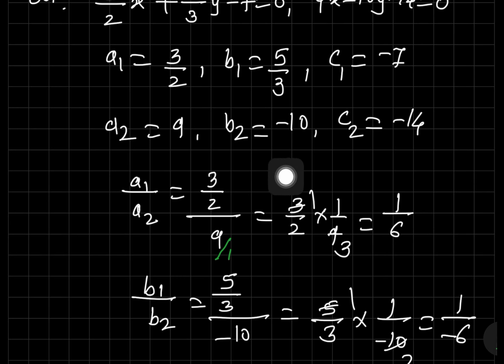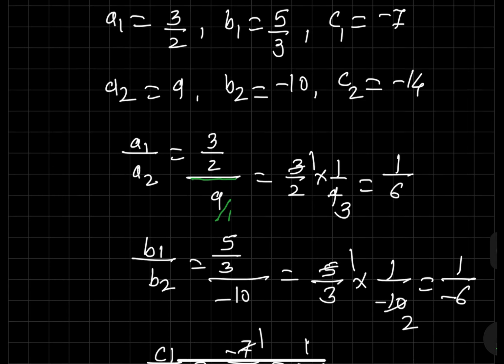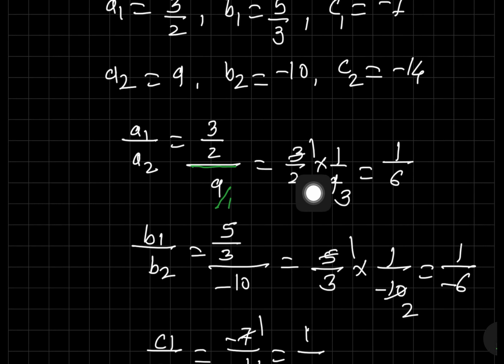If you don't understand, see 3 upon 2, then as it is, then this division sign, upon, means what? It is a division. So while solving this fraction upon fraction, this division becomes multiplication, and for this fraction 9 upon 1 we have to take the reciprocal. This is a very basic thing, but still I am telling it here, then you will understand how this answer came. Then 3 upon 2 into 1 upon 9, this 9 upon 1 becomes reciprocal, 1 upon 9.